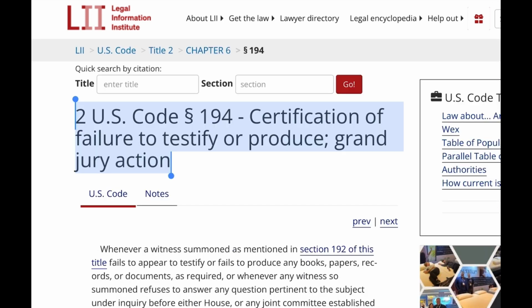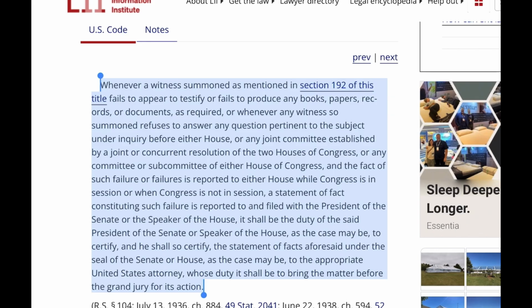2 U.S. Code Paragraph 194. Certification of failure to testify or produce. Grand jury action. Whenever a witness summoned as mentioned in Section 192 of this title fails to appear to testify or fails to produce any books, papers, records, or documents, as required, or whenever any witness so summoned refuses to answer any question pertinent to the subject under inquiry before either House, or any joint